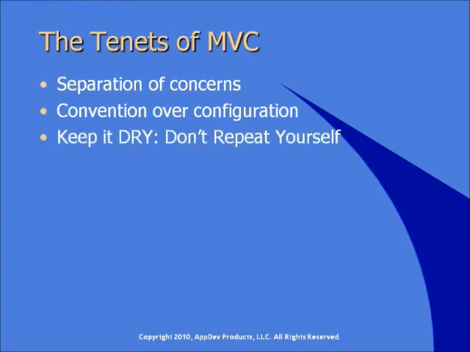Another tenet is keep it DRY. Don't repeat yourself. DRY is one of the design principles that MVC embraces, and this isn't specific to ASP.NET MVC. It's a critical part of the original MVC pattern. The point is you should eliminate duplication of code and logic. And that has the obvious benefit of making an application faster as well as easier to maintain. One example of this is that you can decorate a model with attributes that support validation. So those attributes are in the model. That way, no matter how many views use that model, they all enforce the exact same data validation rules. You don't have to keep